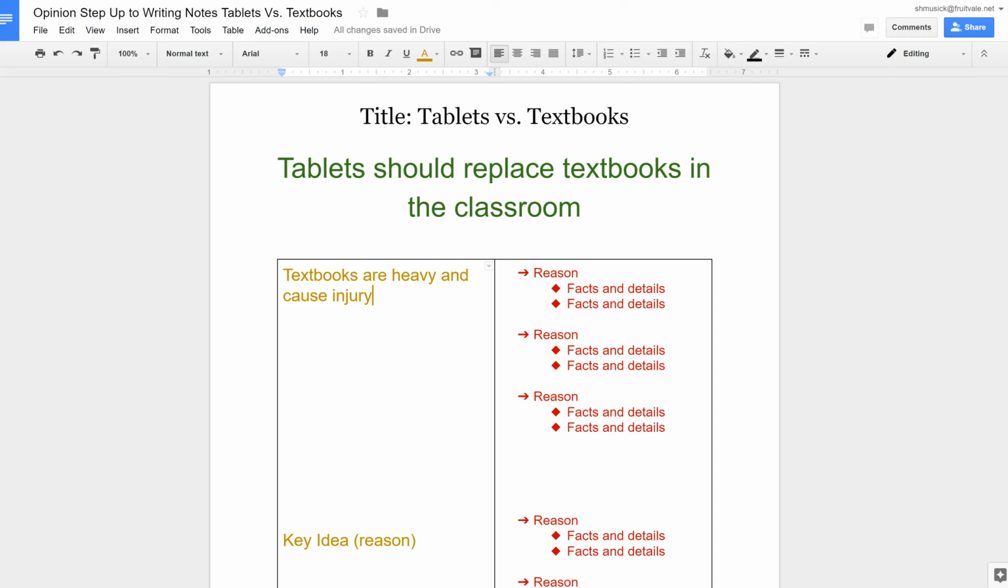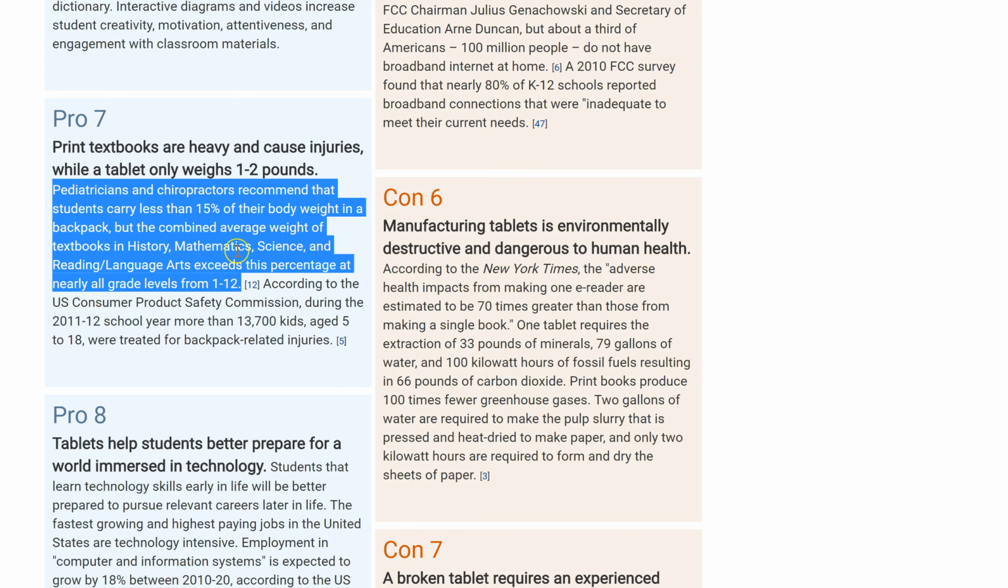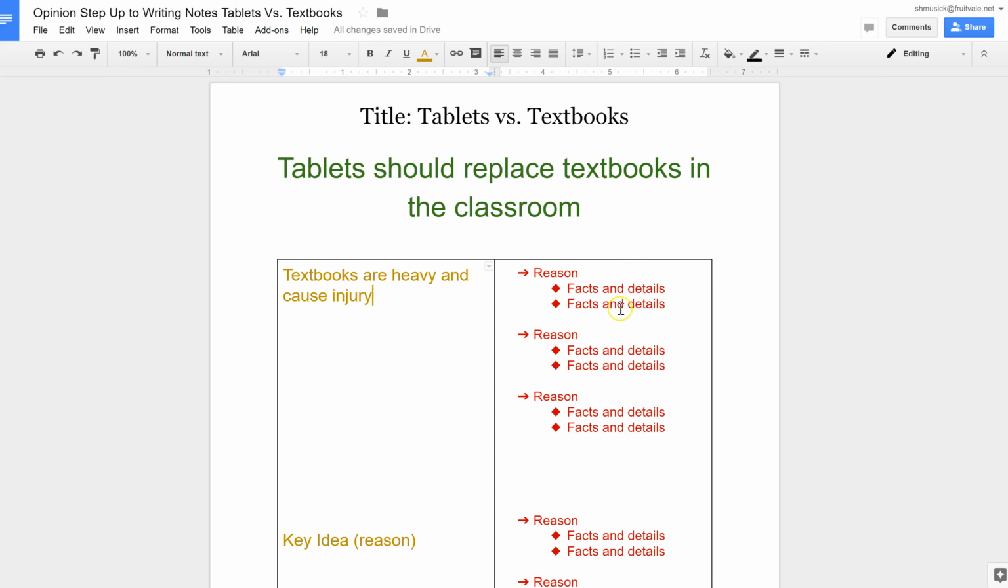And then now I need some more details, some of these reasons. So I'm going to go in. Pediatricians and chiropractors recommend that students carry less than 15% of their body weight in a backpack, but the combined average weight of textbooks exceeds this percentage at nearly all grade levels. Okay, so this is a good piece of information. Now I don't want to just copy and paste. I'm just taking some notes. So I'm going to say something like